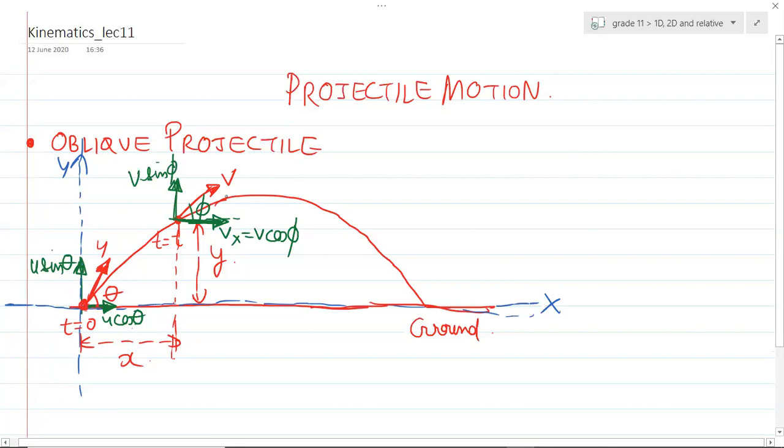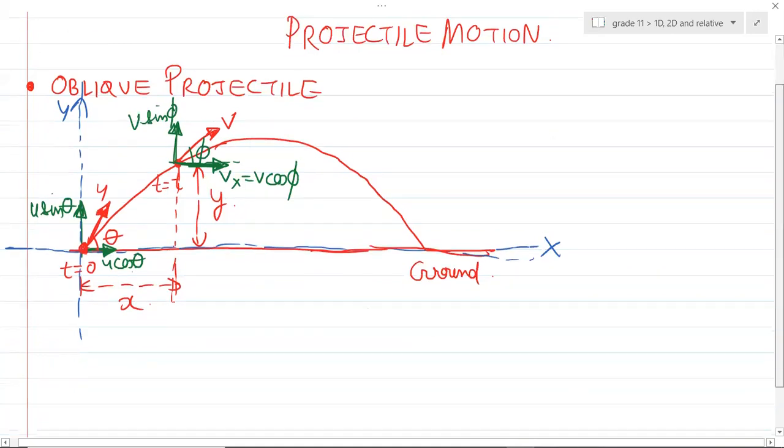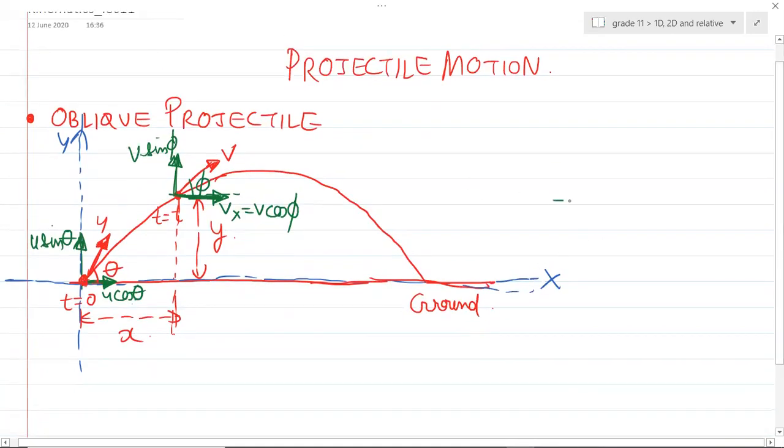So we introduced all the concepts in the last class. Now let's start with the motion. I told you, how will we do this motion? How will we determine this thing? We determine this thing by breaking the motion into two parts. The first part of the motion, can you see there are two different kinds of motion happening over here? The first motion is the object moving with uniform constant velocity in this direction, along x direction. I'll write it along x.